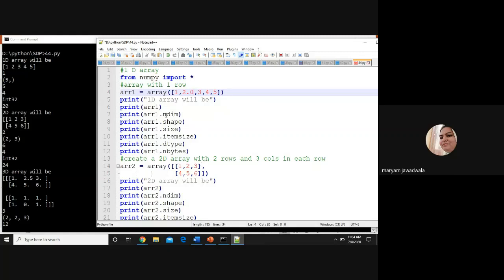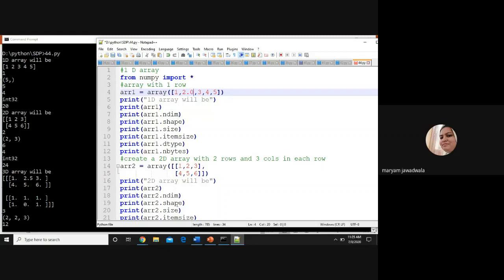So the same attributes we apply for the 2D array, right? First I create a 2D array using ARR2, 1, 2, 3, 4, 5, 6, with 2 rows and 3 columns. Print ARR2 will display my entire array. Now the ndim attribute gives the number of dimensions.